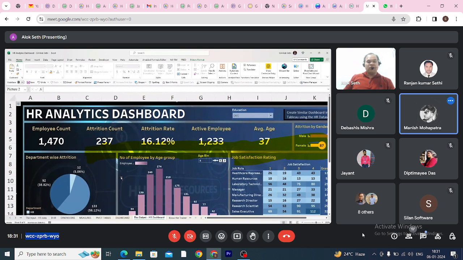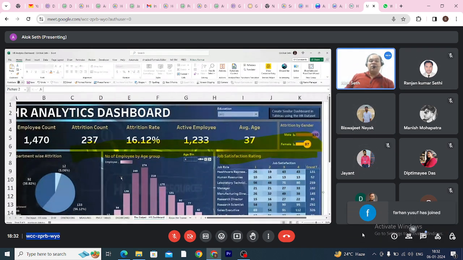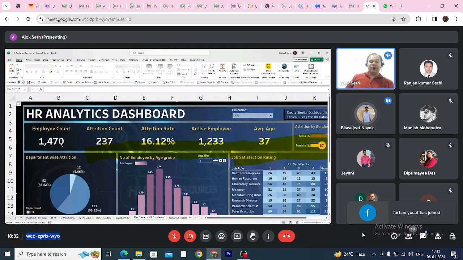1470, sir. How many people have left the organization? That is the attrition count. How many people left the organization? 237. So if 237 people have left from 1470, the rate at which the people,